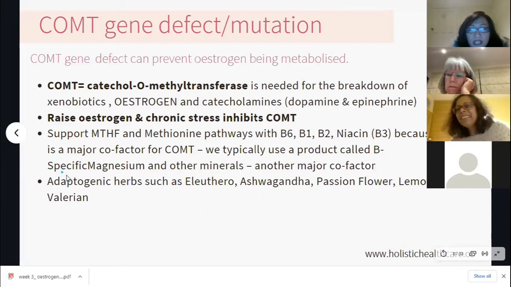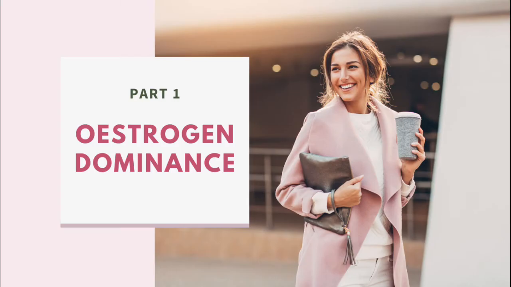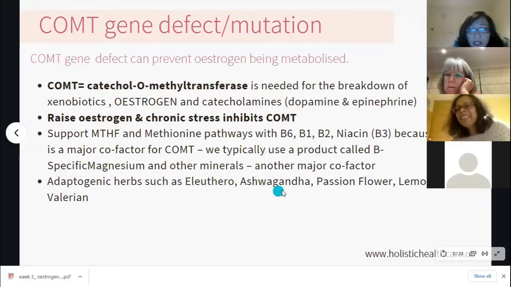And so if people have got symptoms of estrogen dominance and they've got symptoms of anxiety and depression, do we need to run a COMT test? No, we don't really. We can give them ashwagandha, passion flower, lemon balm. We can give them minerals, B complex. So you can see here, although it's very useful to run genetic testing, we don't have to, but it would be nice to see exactly what's going on, support people further.